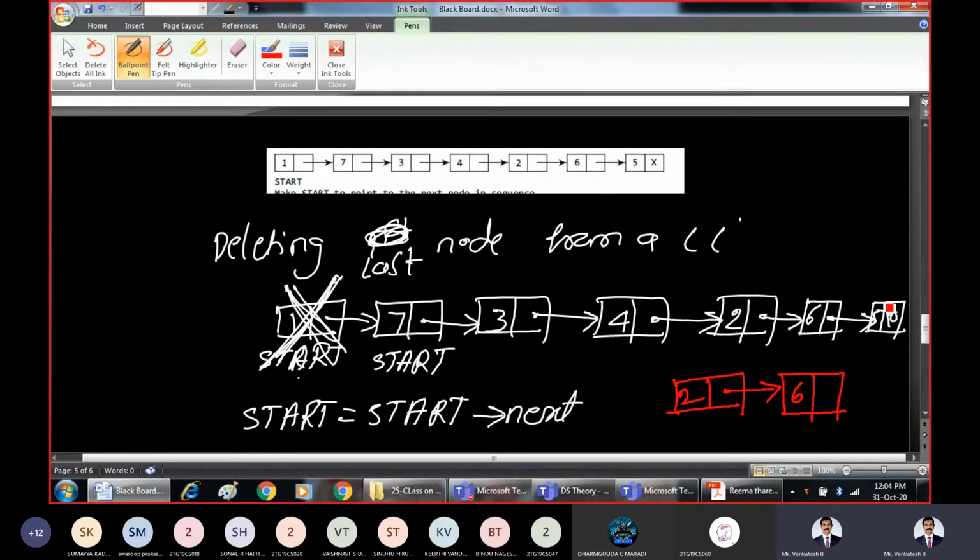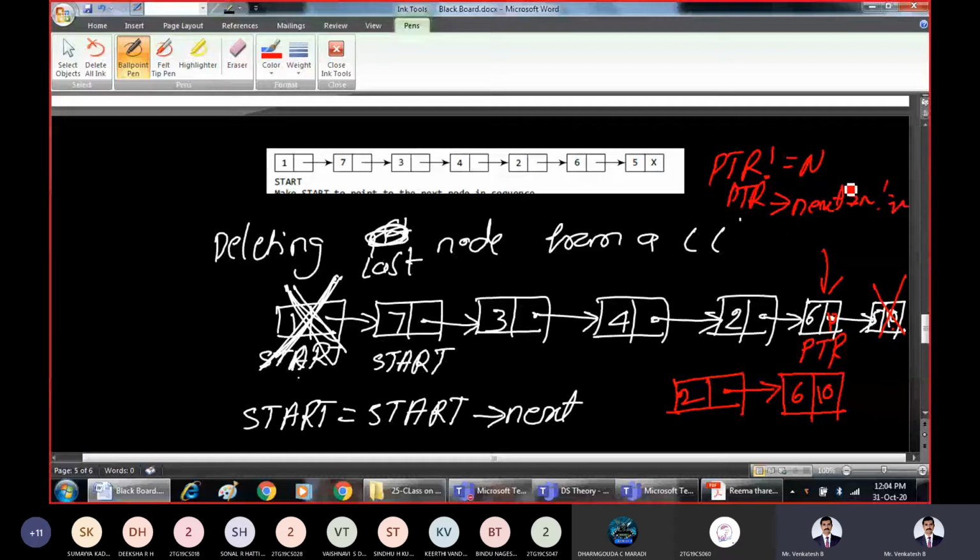So that's it. What I have to do is I just want to delete this. If you want to delete this, just assign null here. So how can you traverse up to here? Again, as I said earlier, take PTR, bring PTR up to here. Whenever you are present here, PTR pointer next should be null. So somehow you come to this location. How can I come to this location? Take PTR while PTR pointer next is not equal to null.